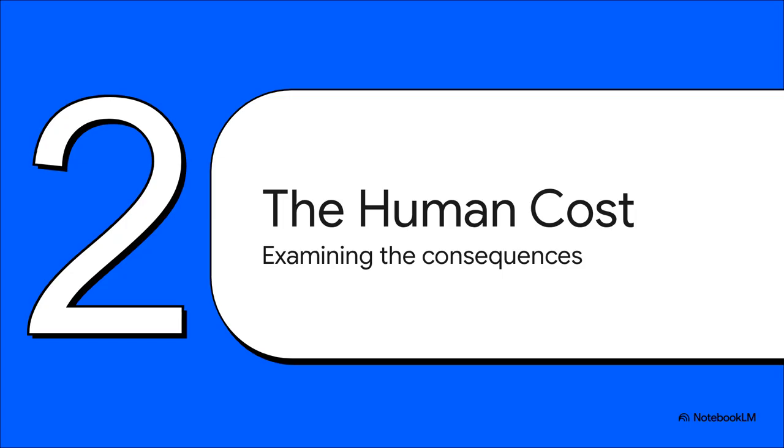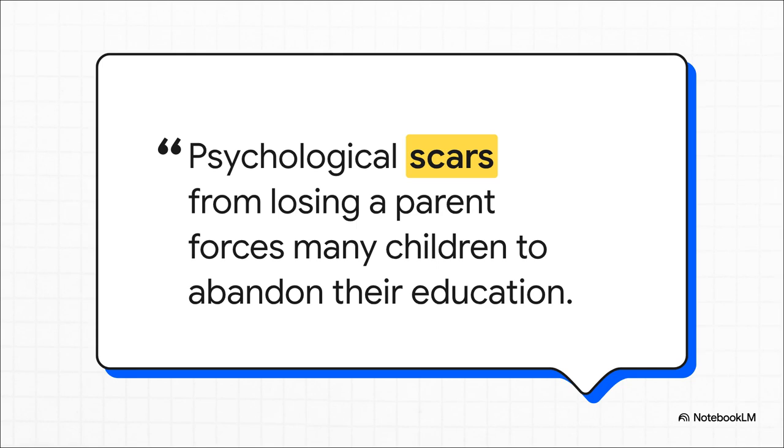So, we've defined the problems, but what do they actually do? What's the real-world, human cost of all these issues for individuals, for families, and for society as a whole? Let's take a look. This quote, wow, it just cuts right to the heart of the generational damage caused by farmer suicides. The immediate tragedy of a death is devastating enough, but it's followed by a lifetime of consequences for the kids left behind. They carry these deep psychological scars, and, as the text says, they're often forced to drop out of school, and that just traps the family in a repeating cycle of poverty and lost opportunity.